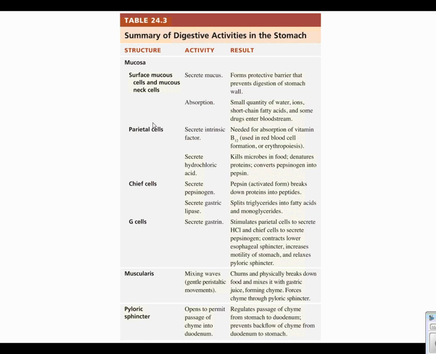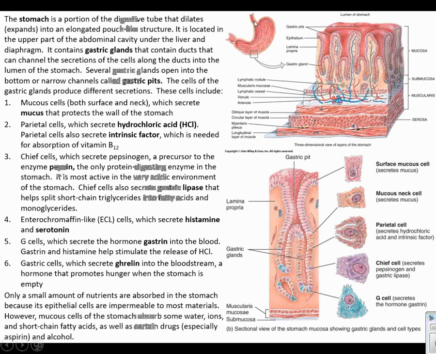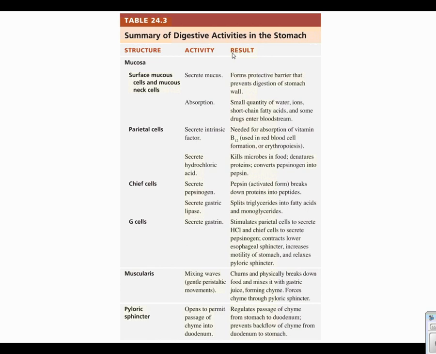Table 24.3 is a summary of different things occurring in our stomach. It lists off cells that are part of the mucosa and what they do, what we just talked about. We haven't talked about the muscularis yet, but we're getting ready to on the very next slide. And we're going to talk more about the pyloric sphincter, which if I go back to the picture here, here is our total stomach. The pyloric sphincter is the sphincter that allows for the stomach to empty. Okay. And it does so in a very coordinated manner, and we'll talk about it more here in a few